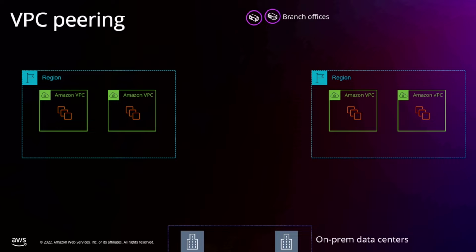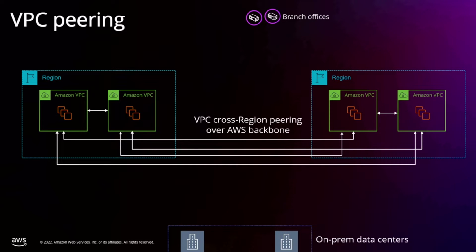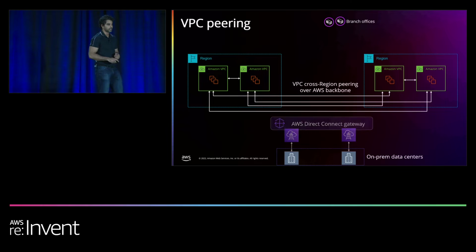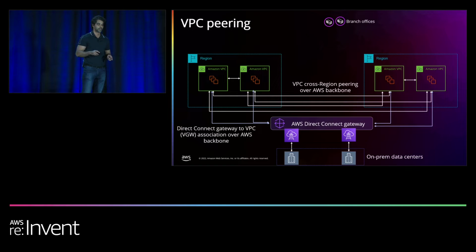VPC peering is the most fundamental way of connecting 2 VPCs together. VPC peering can connect VPCs within a region as well as across region. This connectivity is 1:1, which means you need to connect every VPC to every other VPC. And the same logic applies for hybrid connectivity as well. Your on-premises routers create BGP peering relationship with AWS Direct Connect Gateway, which is a highly available distributed router, but this Direct Connect Gateway needs to be associated with each and every VPC. You need to create VPN connections to each and every VPC.